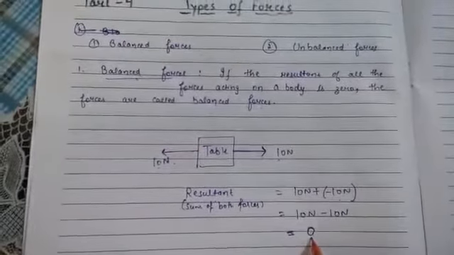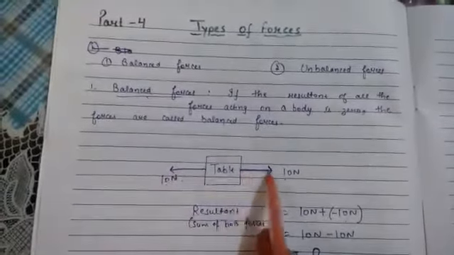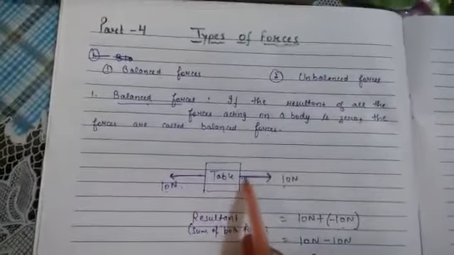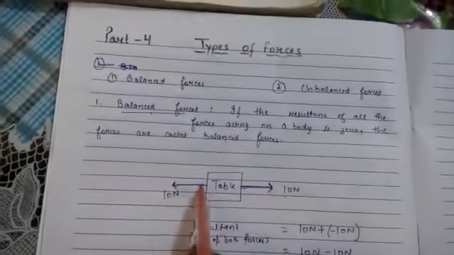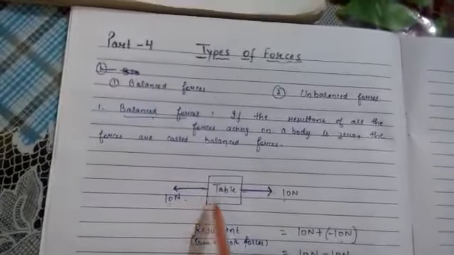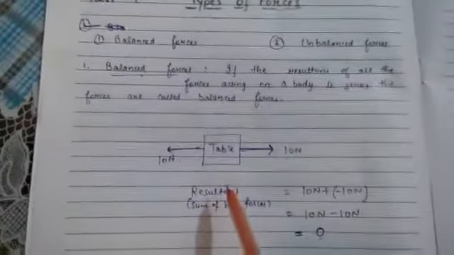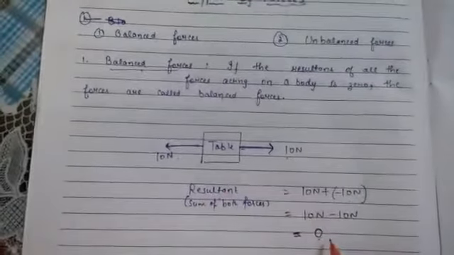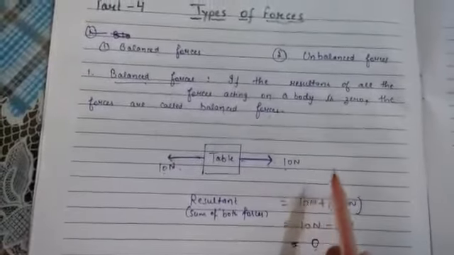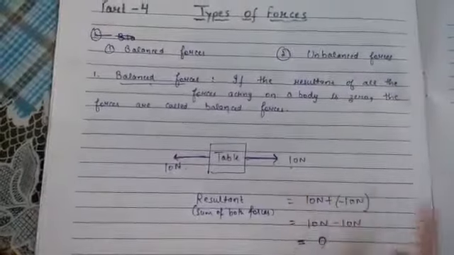So here we can say that these are balanced forces if the resultant of both the forces is zero. How many forces are acting on the body? Here only two forces are acting. One student pulling to this side, one student pulling to this side. If two students are on this side, two are on this side, and the resultant also becomes 0, then we can say these are balanced forces. So if the resultant of all the forces acting on a body becomes 0, we will say that these are balanced forces.